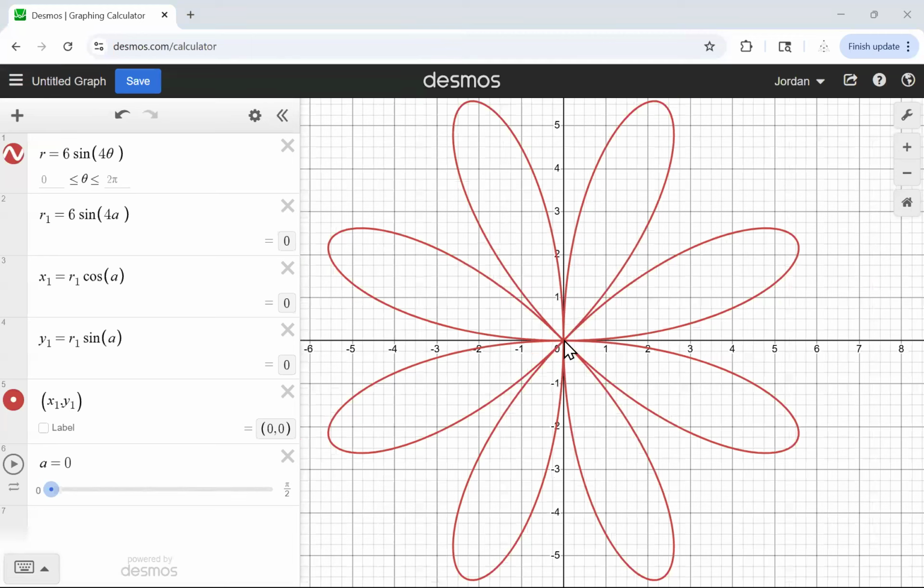Again, if you don't have access to Desmos, just use the trace feature on your calculator and graphing in polar coordinate systems. So here I have the angle 0, and as you can see, when I have theta equals 0, or in my case, I had to use the letter A equals 0 or theta equals 0, I'm at the origin. As we start having this point that moves around, that very first